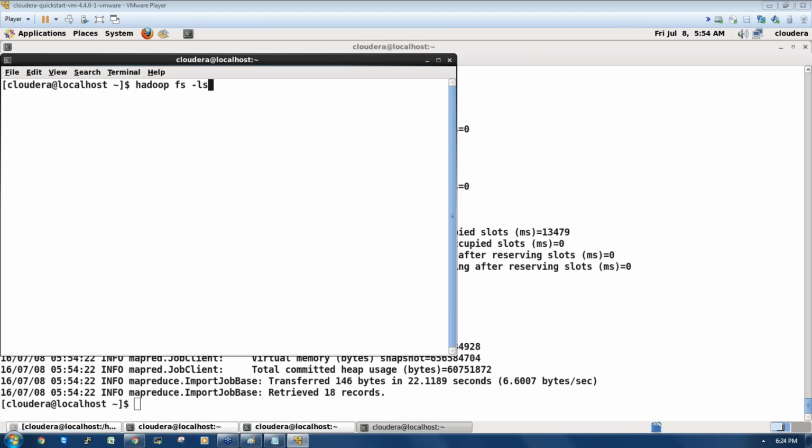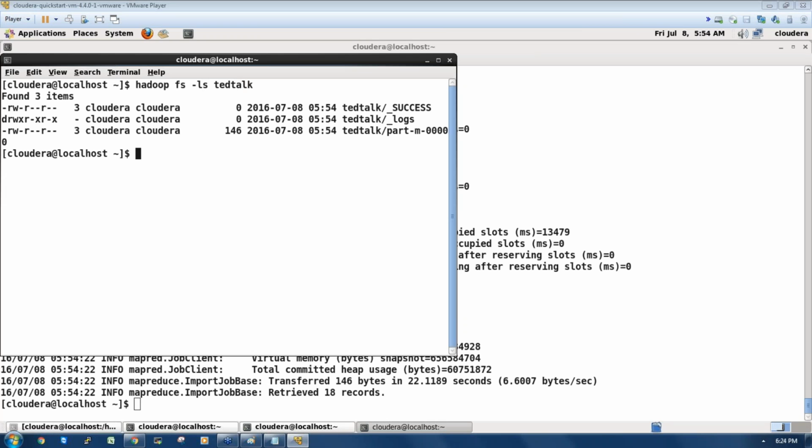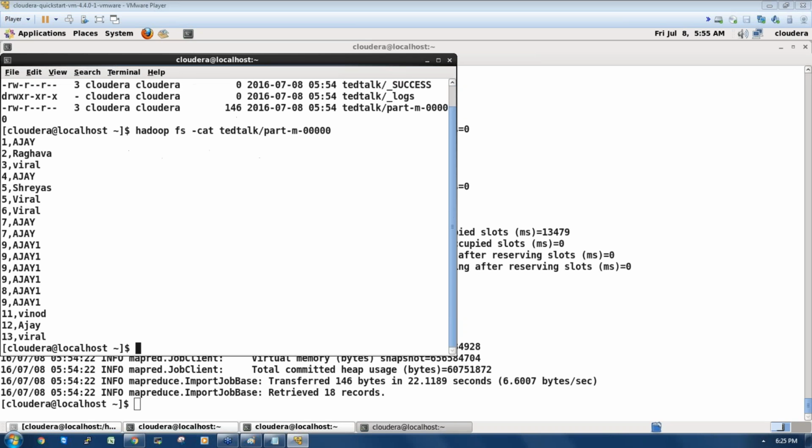Hadoop fs -ls, then if you write ted talk, now you can see the files which we imported, right? So this is a part file where we are having the data. I can run a command hadoop fs -cat, then write ted talk, then the part file name 00000, press enter. Okay, so this is the data I'm having in HDFS.